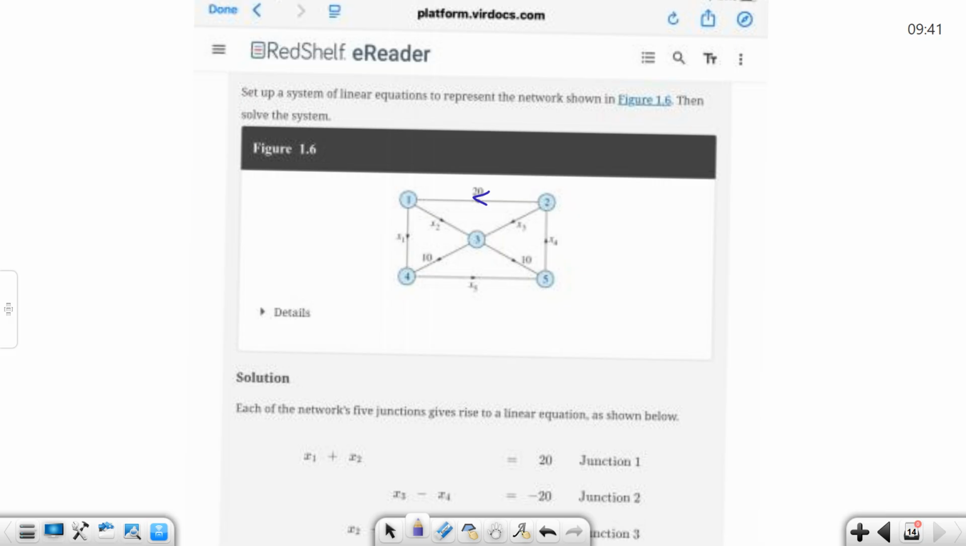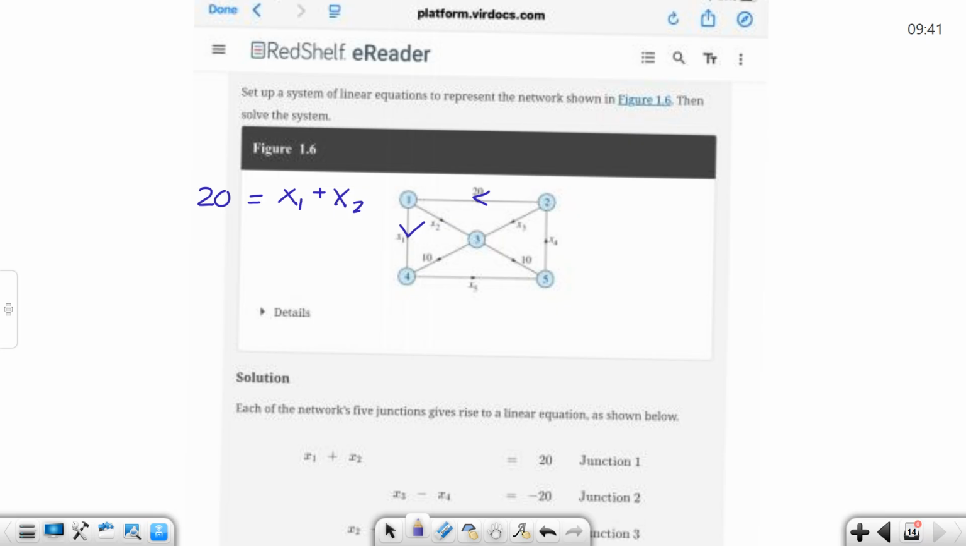So it's got 20 coming in. I can't tell which way it goes. Okay, X1 is going out, okay? And X2 is also going out. So what's coming in has to equal what's going out, and so that's how they get a linear equation from